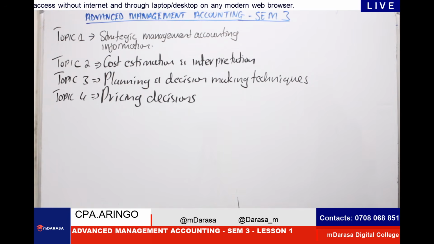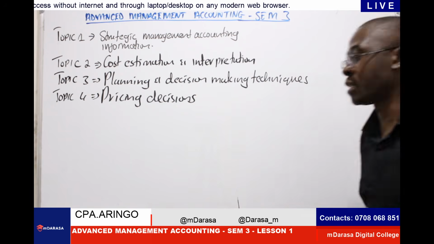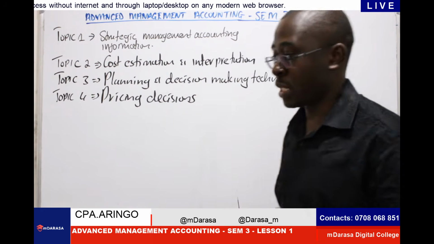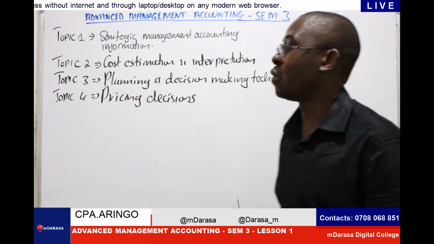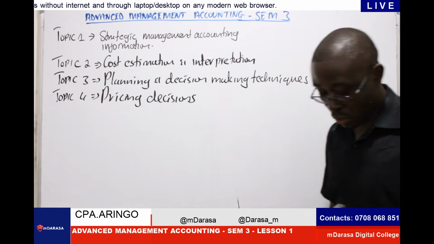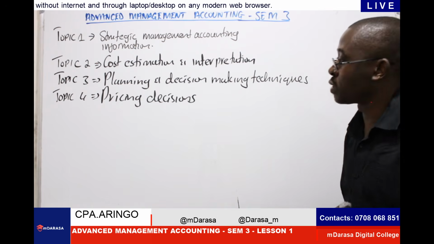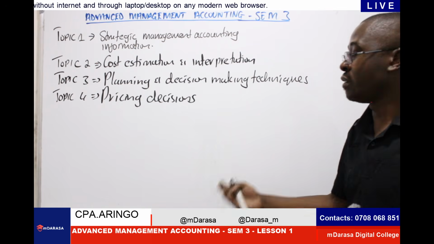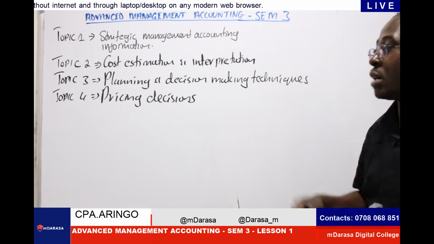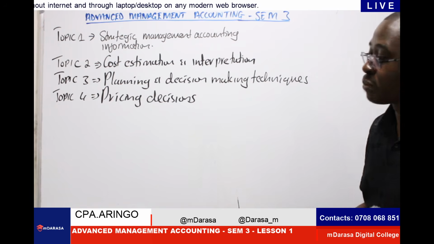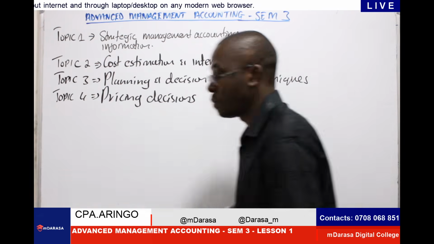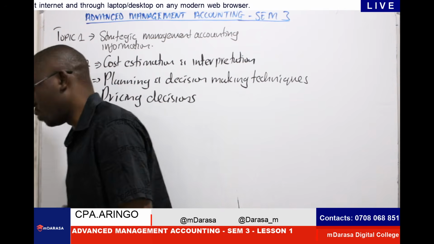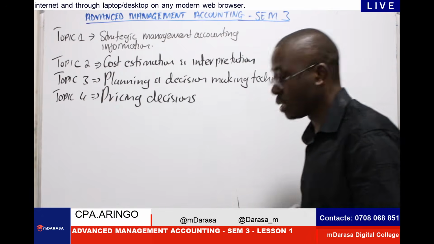In this case, we talk about the concept of external pricing. We talk about the concept of internal pricing, commonly known as transfer pricing. And in addition to that, we'll also be looking at the concept normally referred to as product life cycle costing. And we have to be very attentive with our product life cycle costing this time, because it is very key that we understand it clearly.